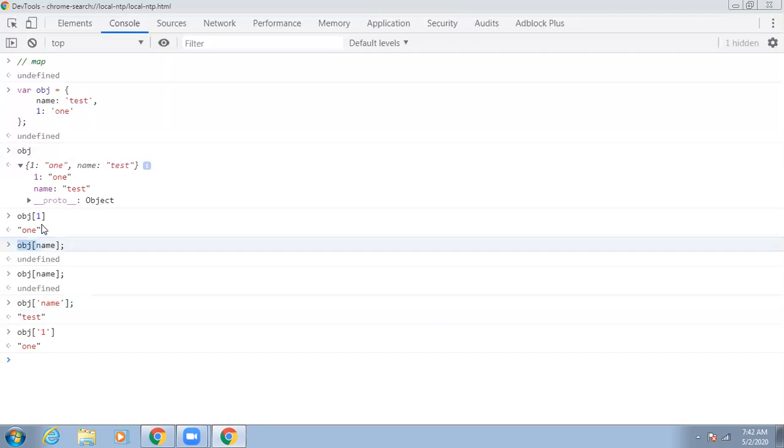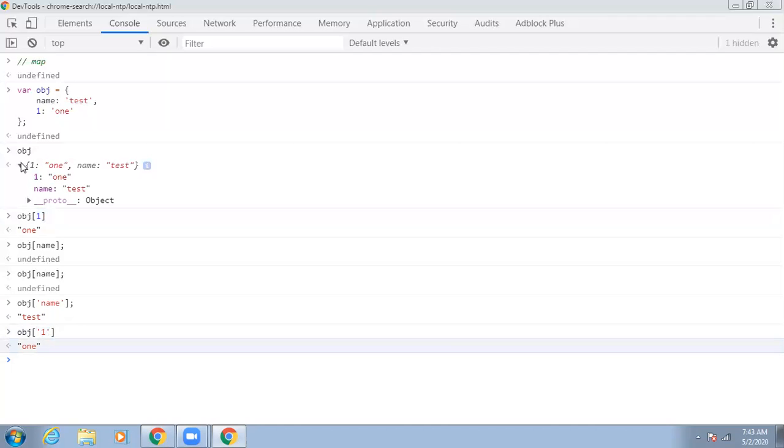But this would not be applicable to numbers. Numbers can be accessed with just integer numbers as well as with strings, because a type conversion will happen in JavaScript. Even if you pass it as a number, it will convert it and give you the actual result. Even if you pass it as a string, it will get the value because all the keys are going to be converted into strings.